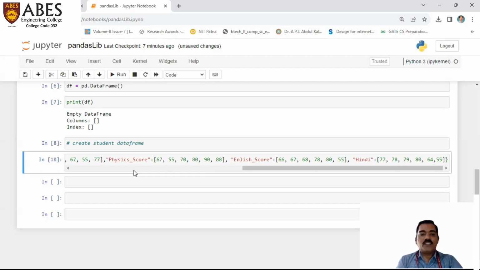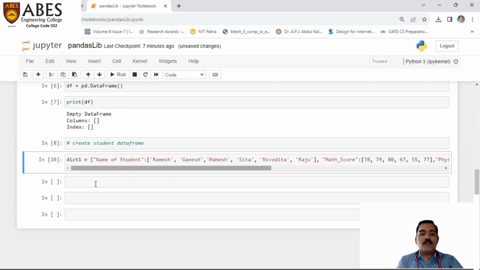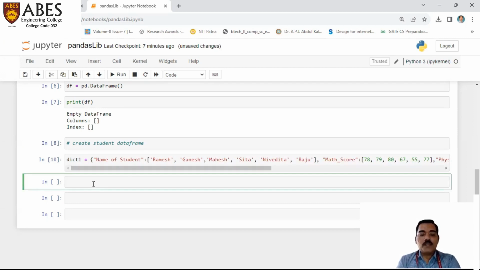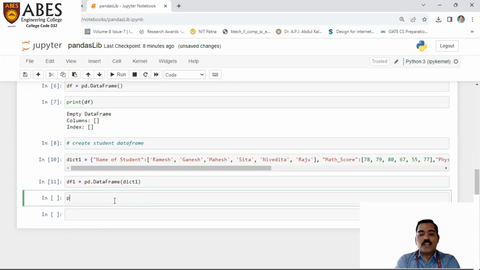Now the important thing is the dictionary we have created. Now how can we make this a data frame? So df1 is equal to pd.DataFrame. What are we providing to the data frame? We have provided dictionary 1. So that becomes the data frame. Now we can print